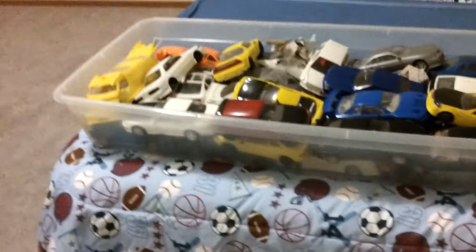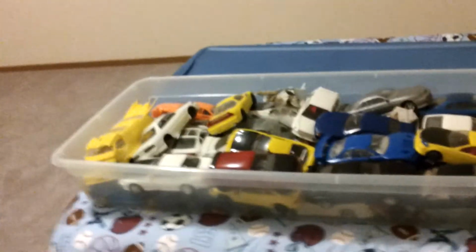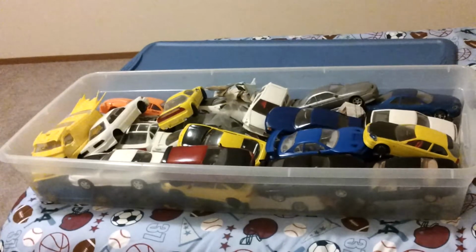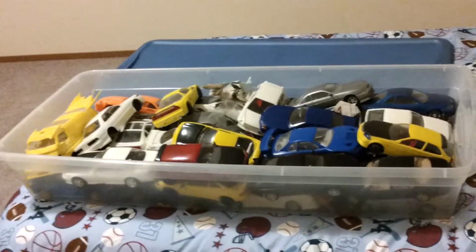And I believe these are 1/44 scale, but I could be wrong. It's been a while. I used to be really into them, but